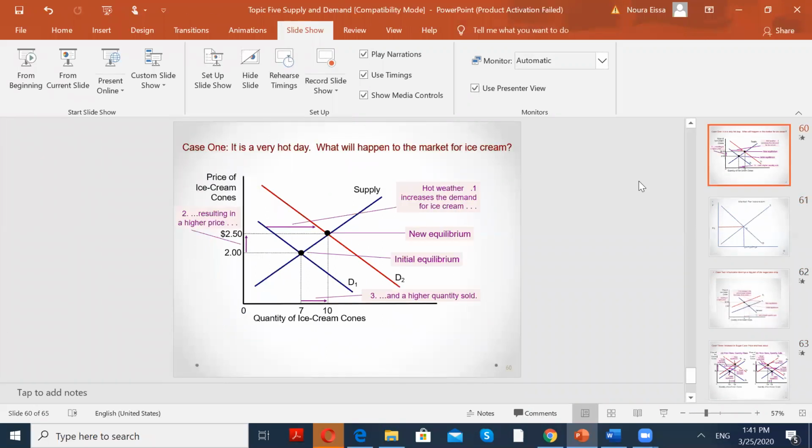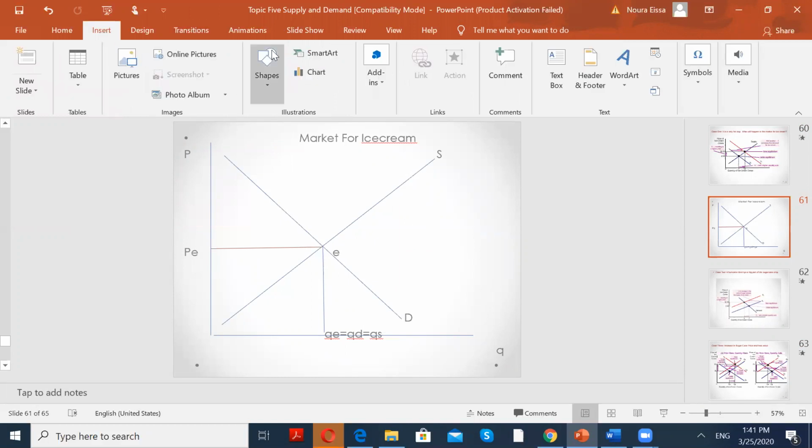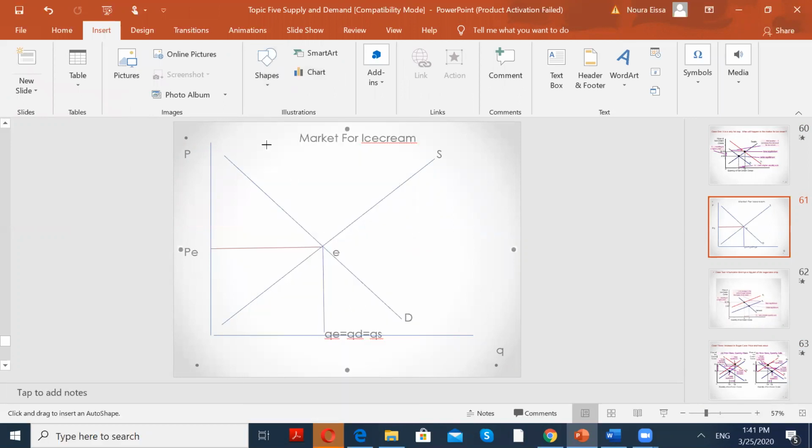بيقول لي ايه؟ case one it's a very hot day. What will happen؟ احنا قلنا ان ده shift في الديماند مش في السبلاي. بس step 1 هرسم الديماند وهرسم السبلاي وهبين الايكوليبريم. step 2 هسأل نفسي ده شيفت في الديماند ولا شيفت في السبلاي ولا الاثنين؟ انا عرفت ان هو شيفت في الديماند مش في السبلاي. اوكي؟ طيب هرسم I'll show بقى the shift in demand. It's a right shift because it's an increase in demand. يبقى shift your demand to the right